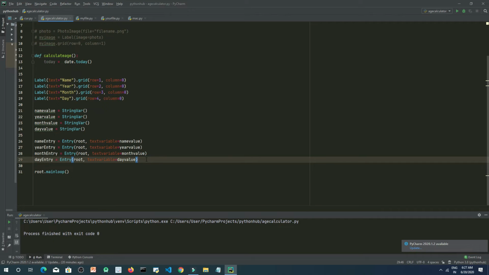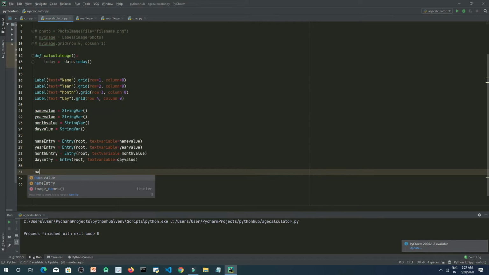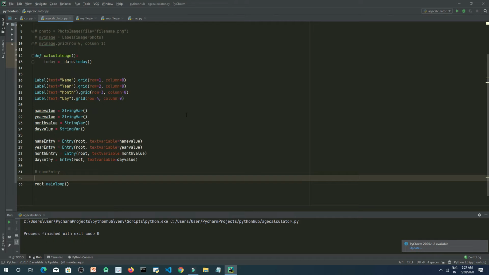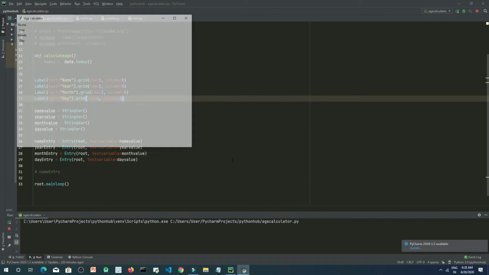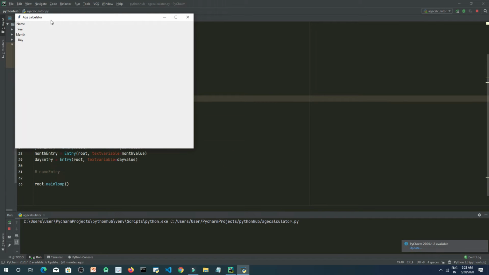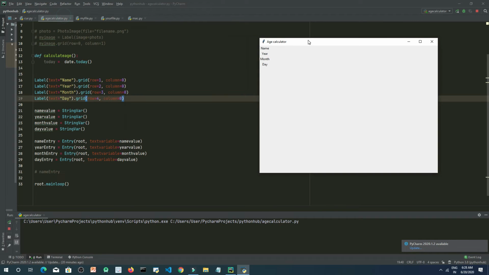Okay, so now let's type name entry, because we want to place the entry widget of name. Okay, so this should be in front of the name, right? So let's go, this is the 0th row, and this is, let's see here, this is the first row, right? And this is second, which is year.